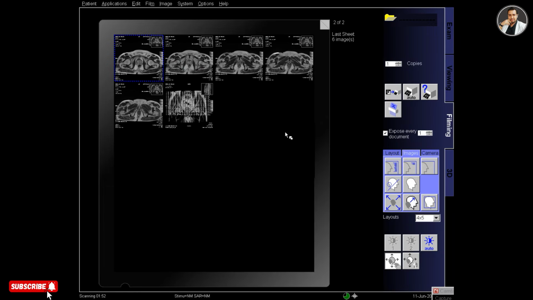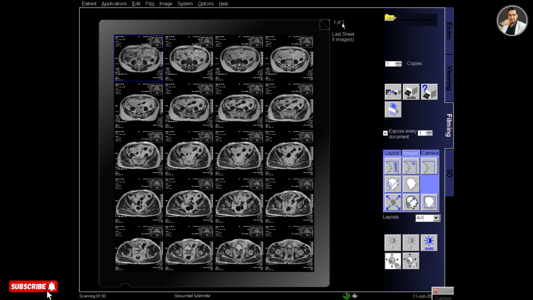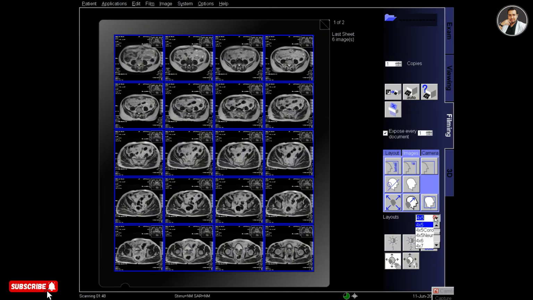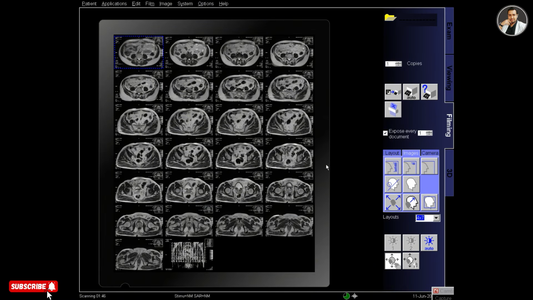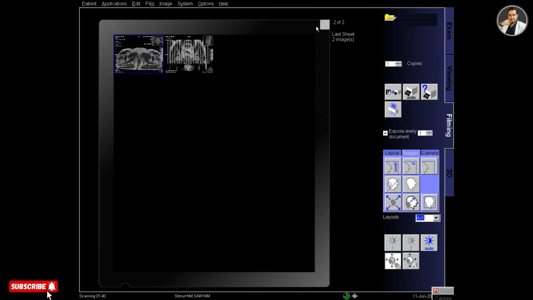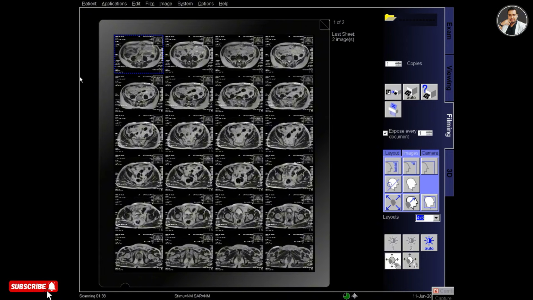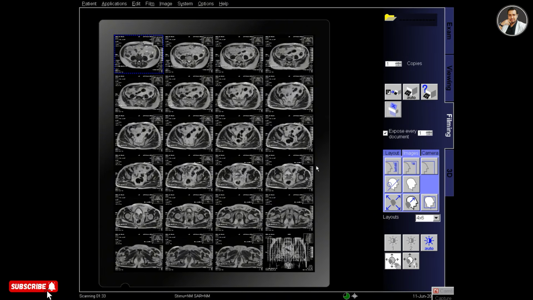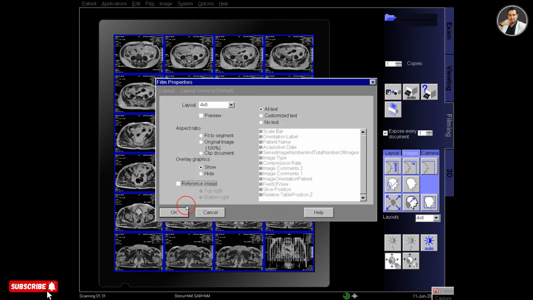And now go to filming and select the folder, change the layout to 4:7. So here are fewer images, so I have to change the layout to 4:6. I have to delete 2 images, and now it's okay.